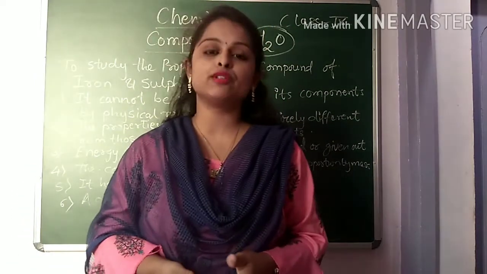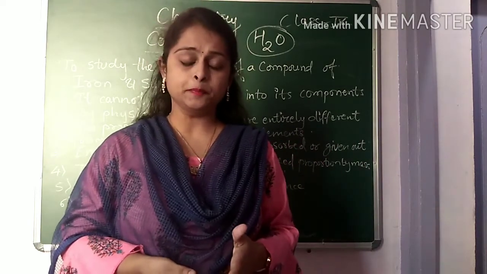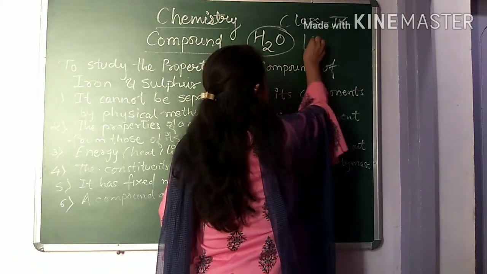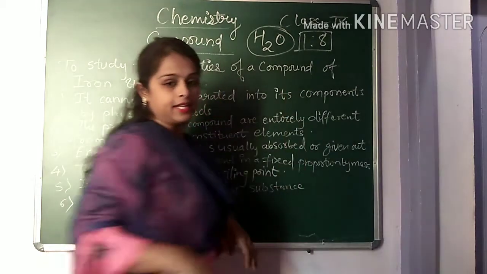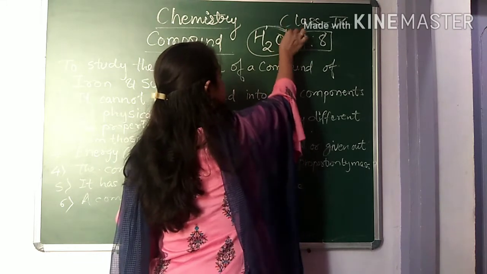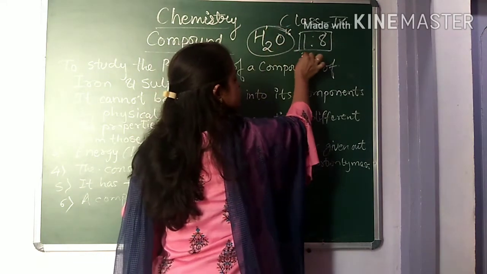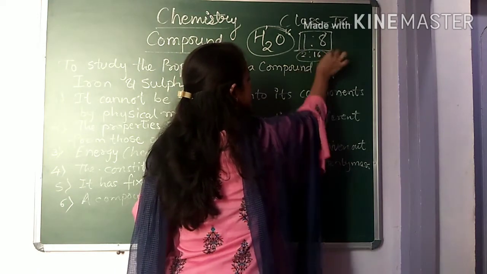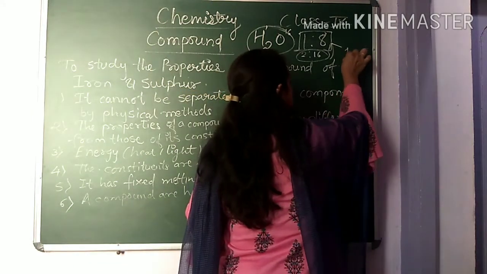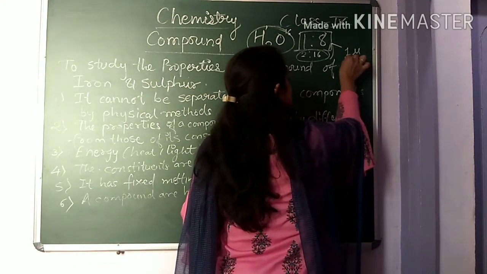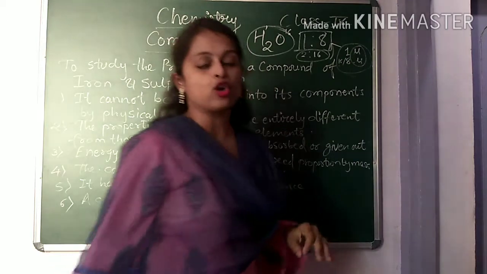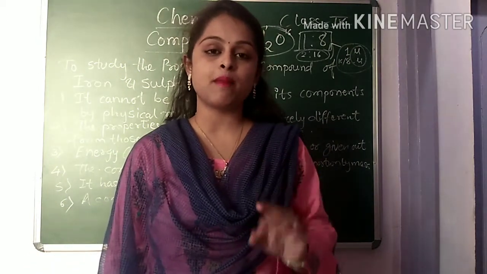H2O is made up of two different elements, hydrogen and oxygen. Okay, but they are in a perfect proportion. It means 1:8. The atomic number of hydrogen is 1 and oxygen is 16. So here are two hydrogen atoms, that is 2:16, and if we convert it, it comes to 1:8. So it is written as 1u and 8u or 16u. This small u stands for atomic mass unit.